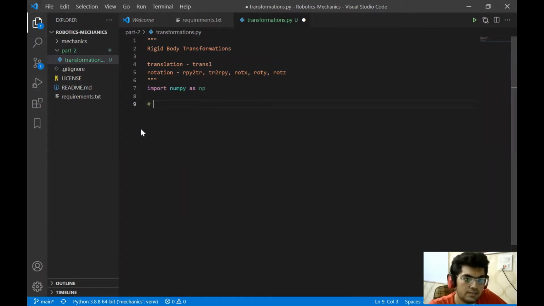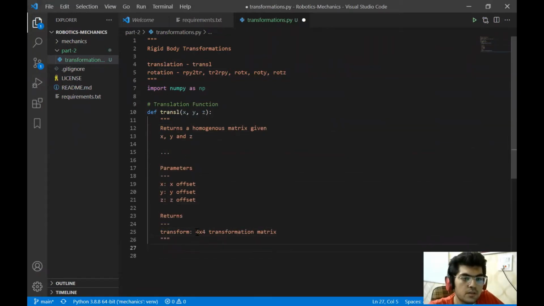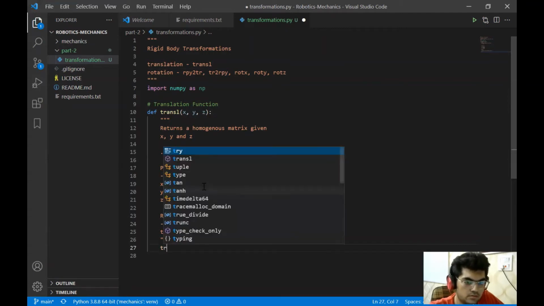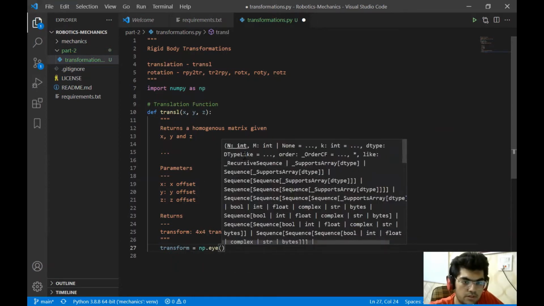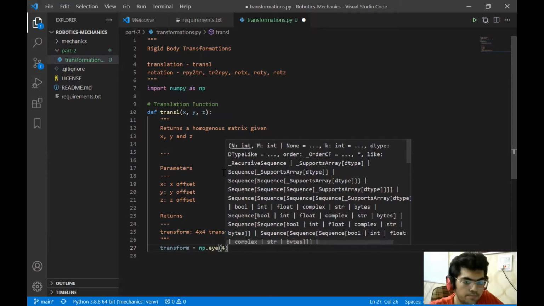Okay. Let's first define the translation function. Now what this is going to take is the X, Y, and Z. So we have these X, Y, and Z. What I'm going to do is, now np.I, it will return.